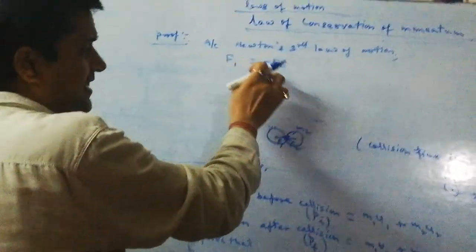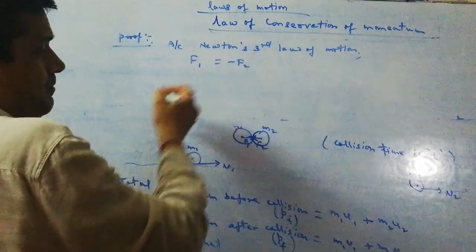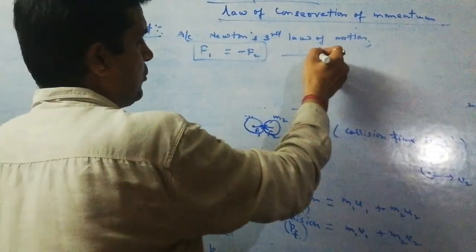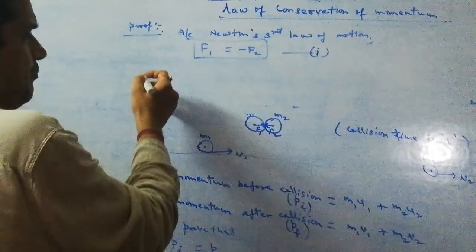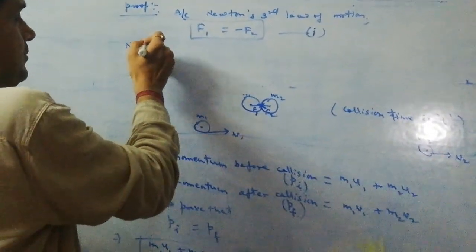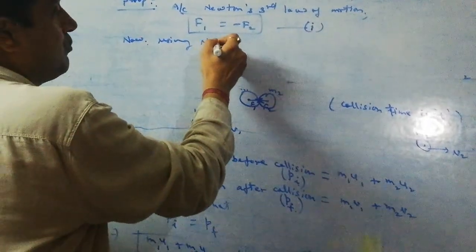To each action there is equal and opposite reaction. So that is what we have to apply. And then in this we have to put the values of F1 and F2. Now using Newton's second law of motion,